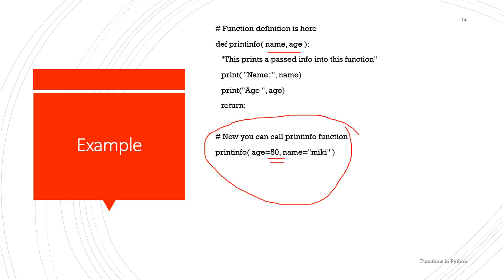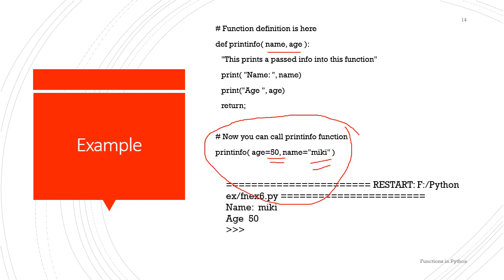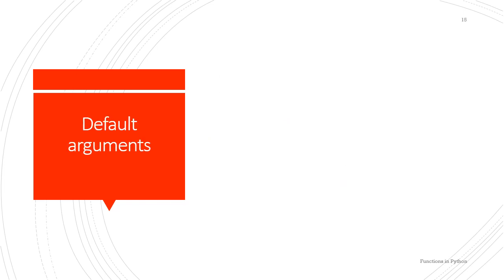To the first parameter whose keyword is name, we are passing the value Nikki. And see how the order is here and here. In the function definition, the parameters were in the order name, comma, age. But while calling, we have shuffled the parameters. But it doesn't matter in the case of keyword parameters, and we'll get the correct result. That's a quality of keyword parameters.